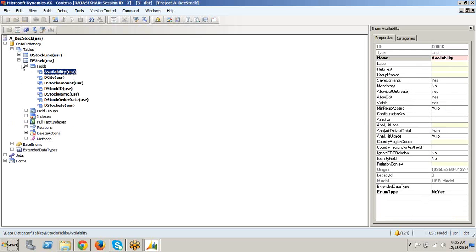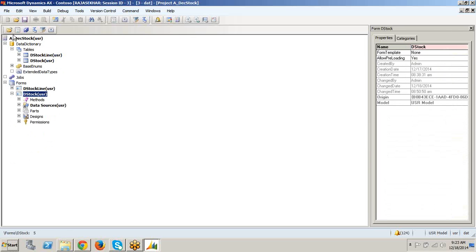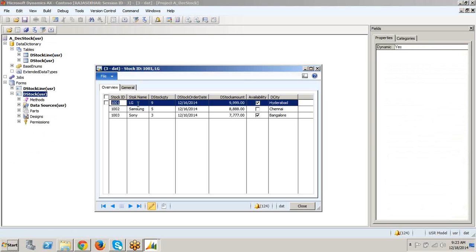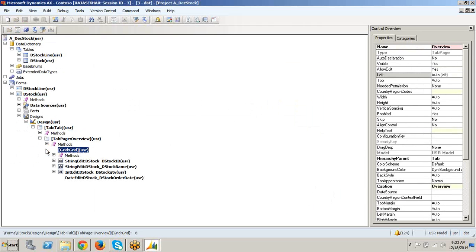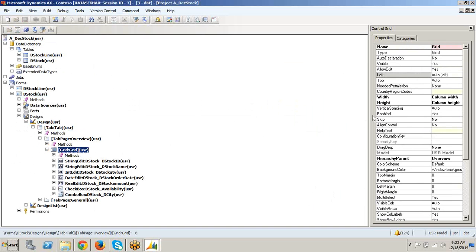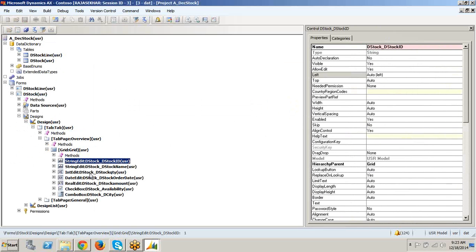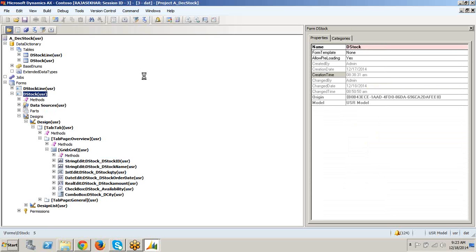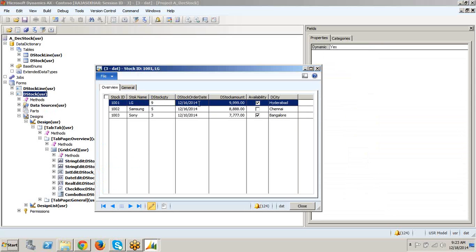And we have another option. If you want the form grid to be disabled without modifying the data, you can change the properties of the grid. In the design, if you go to the tab overview grid, here you'll have the properties. Suppose if I open the form, it is allowing us to edit any field. It is giving the cursor.